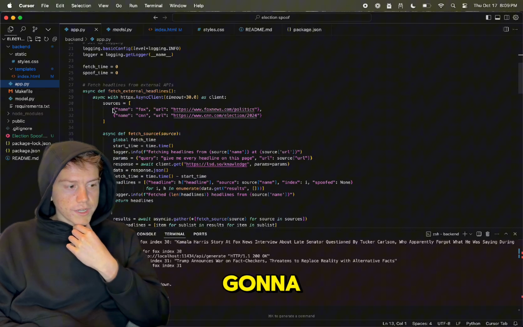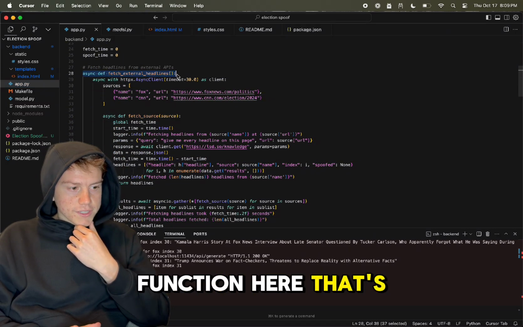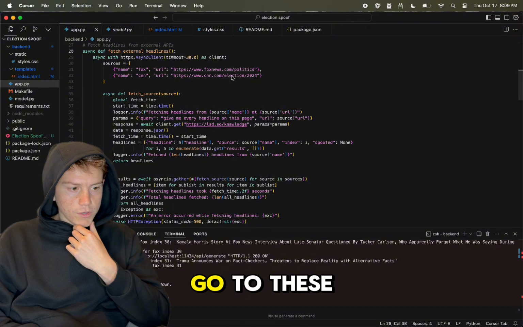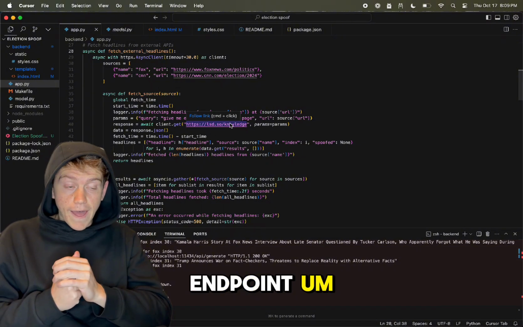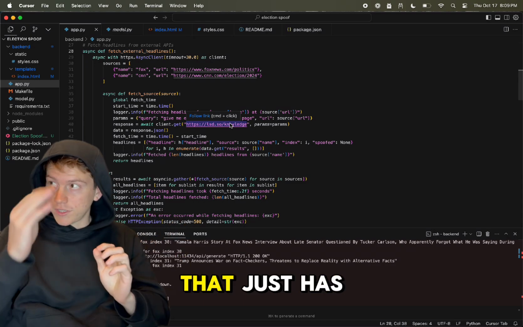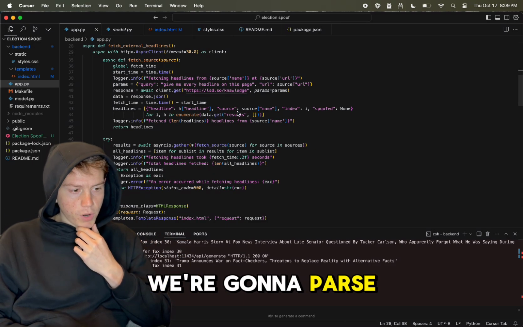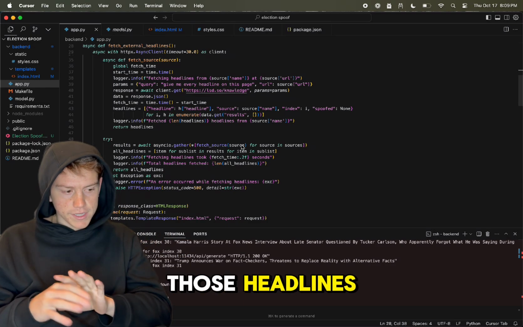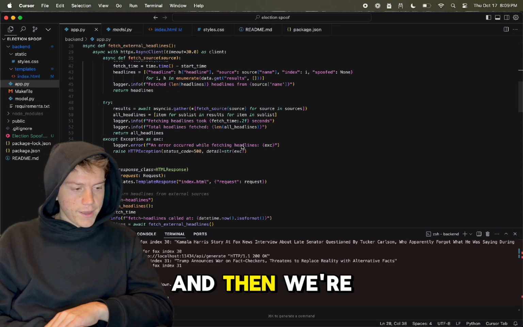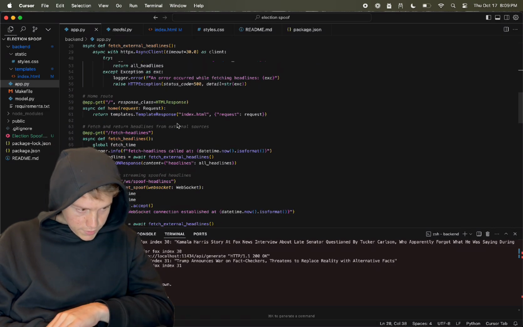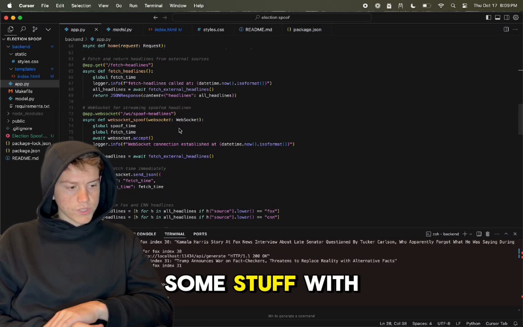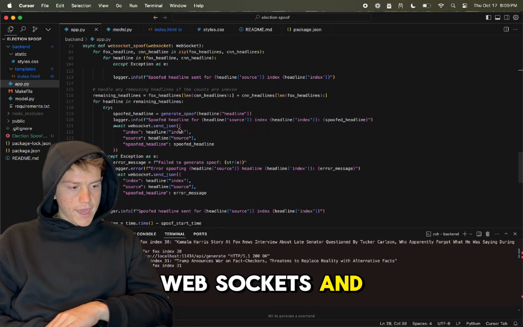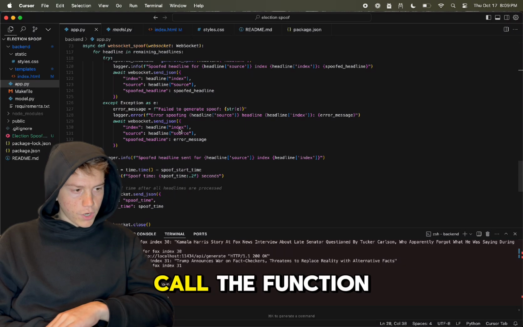So what we have here is a function that's going to fetch these links. We go to these URLs and access the LSD knowledge endpoint that we saw earlier in Chrome that has all those URLs. We're going to parse through this, get those headlines, and throw them in a JSON. And then we're going to call that function down here in app-get. We're going to do some stuff with WebSockets, and we're going to call a function